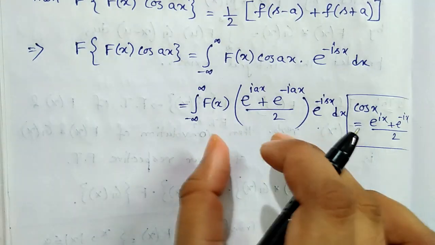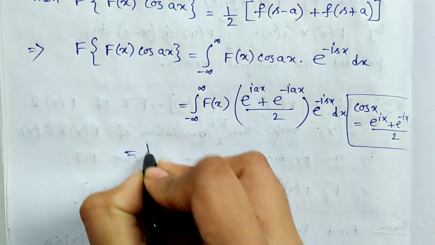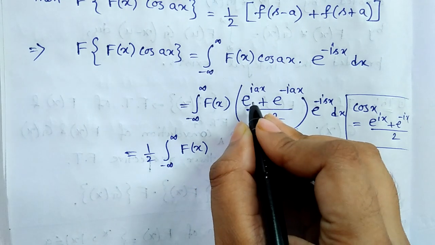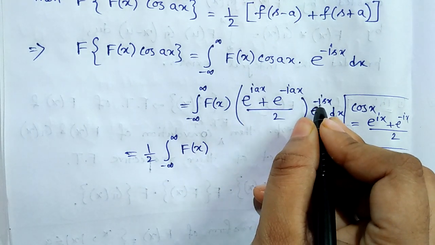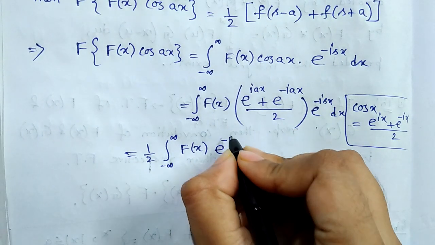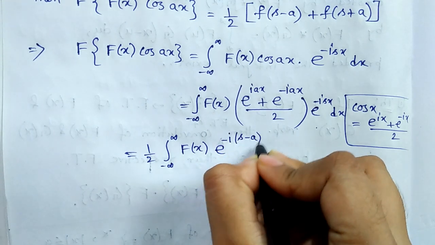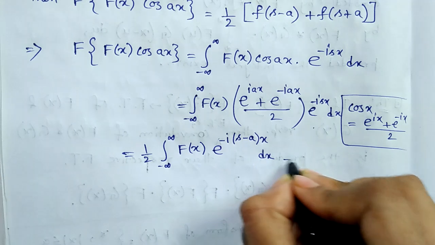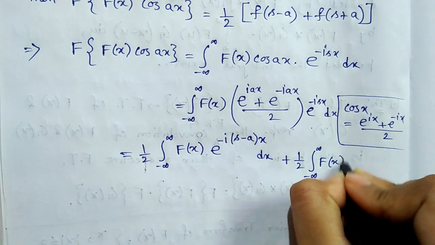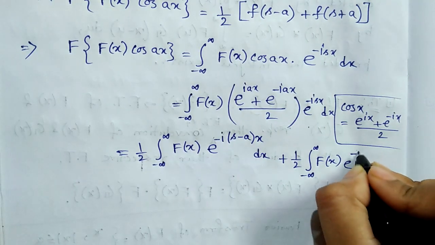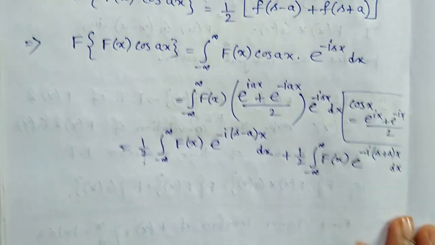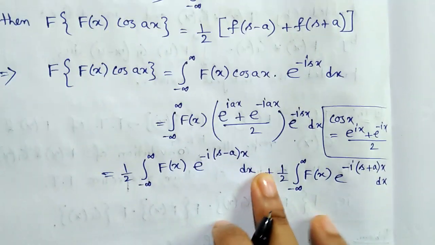Then just split up these two terms, so we get half of integration minus infinity to infinity f(x) e to the power iax minus isx, that is, we can write minus i(s minus a)x dx, plus half integration minus infinity to infinity f(x) e to the power, now these two, that is minus i(s plus a)x dx. So now see,